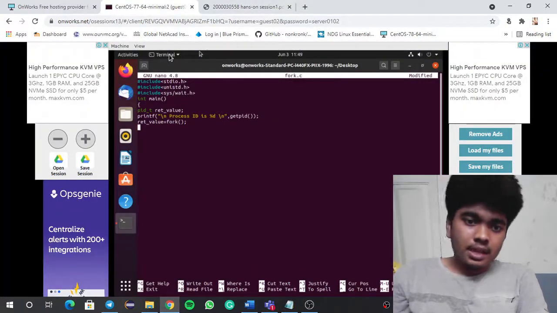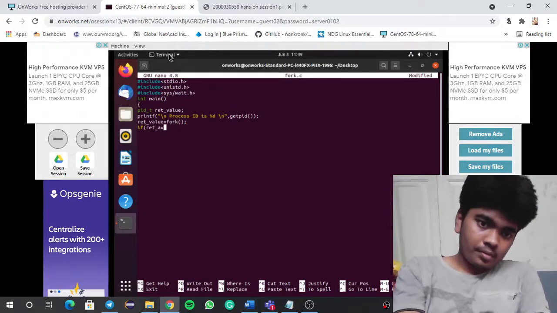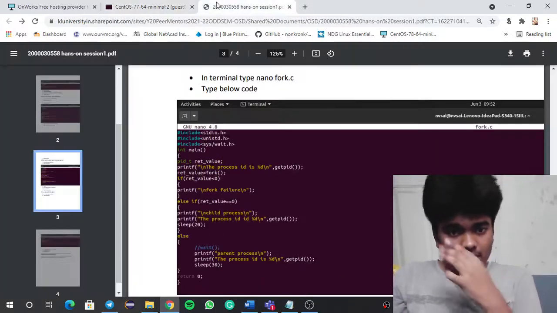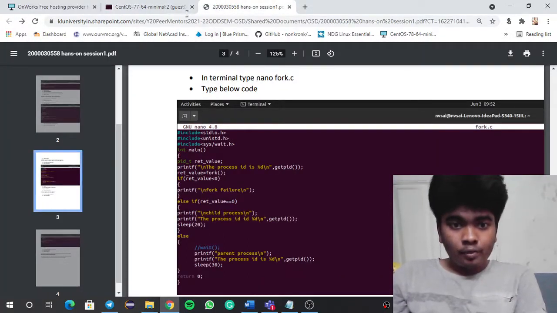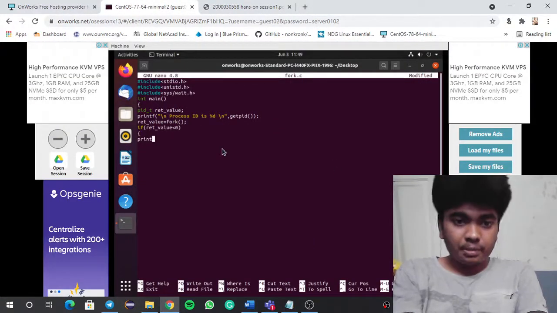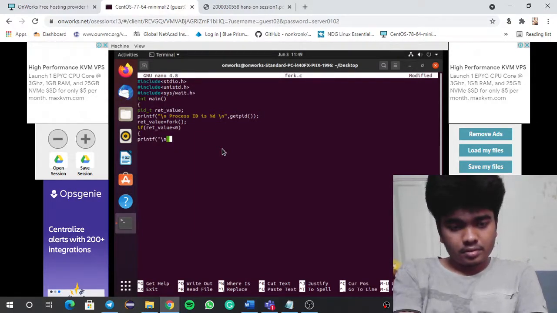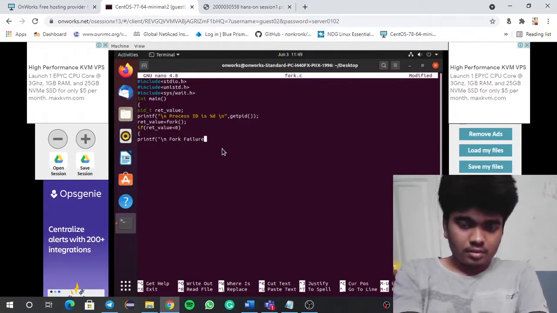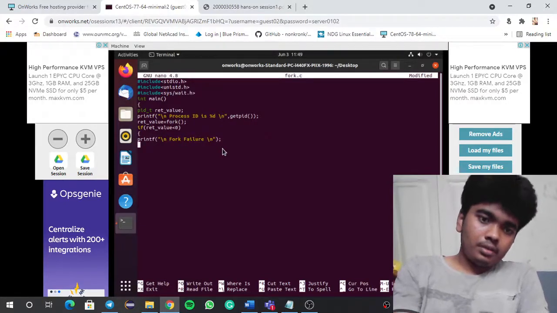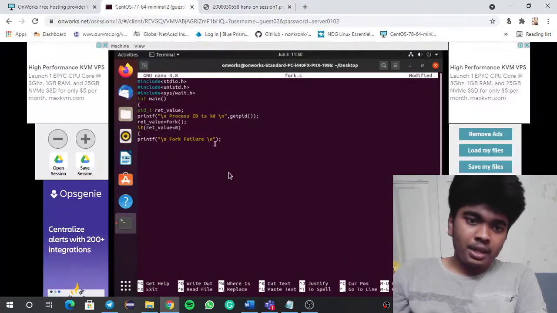If ret_value is less than 0, then we just print "fork failure". So fork failure, and then I am closing this.